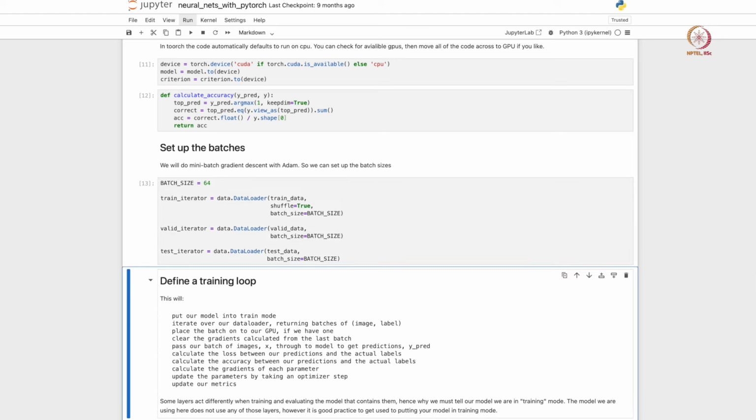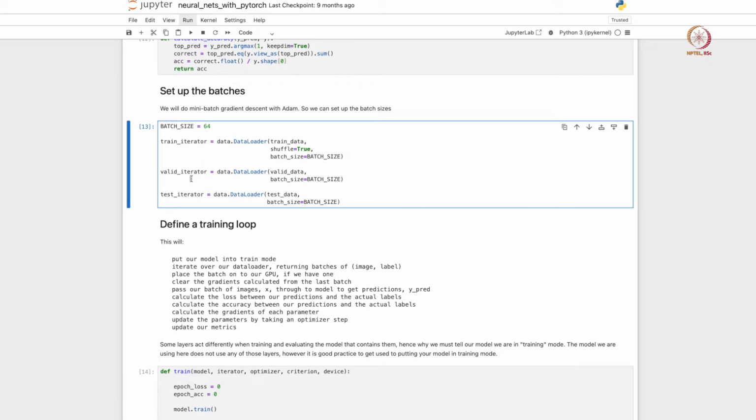Okay. Let us now set up batches. Typically in neural networks, whenever you train on a large enough data set, and we have a reasonably sized data set, about 54,000 data points. It is not a very large data set, but it is still large compared to many of the material science data sets that we will come across, right. So for 54,000 data points, we can split them into larger batches. In the Keras example, the batch size was roughly about 30. Here we are going to use a slightly larger batch size. This is going to make the models run a little faster, but it is also going to take more memory, right.